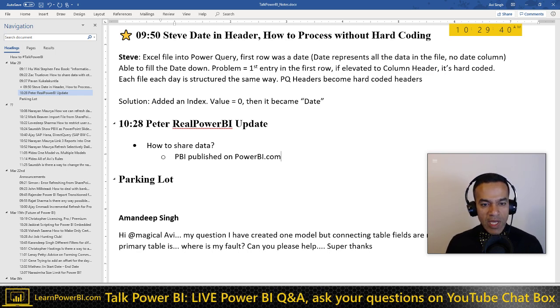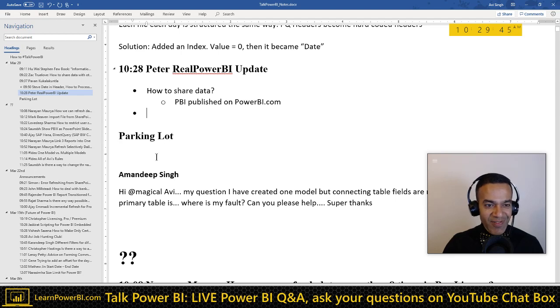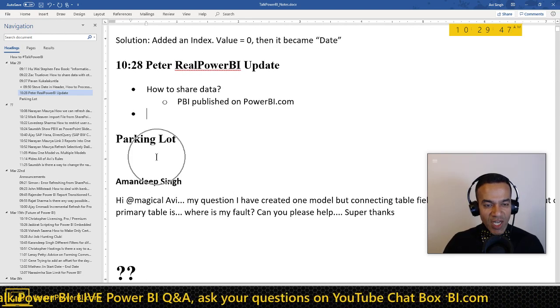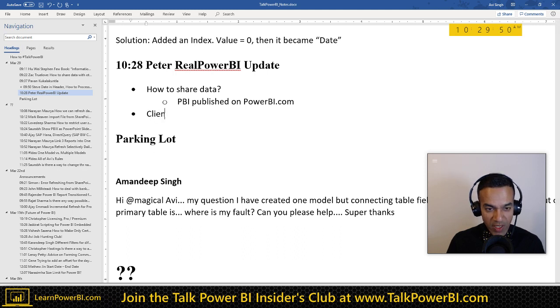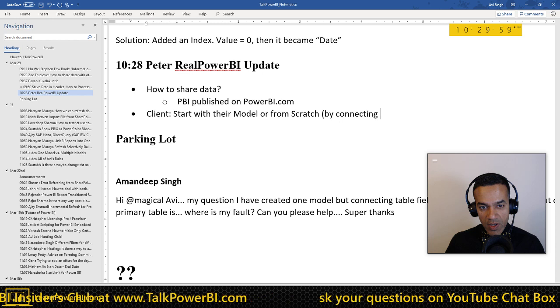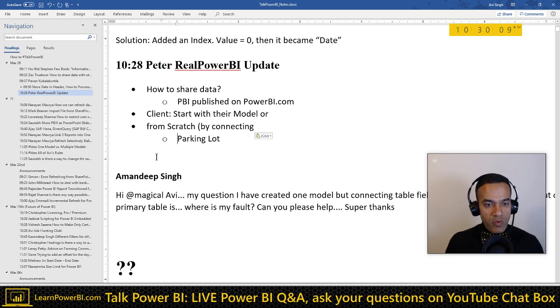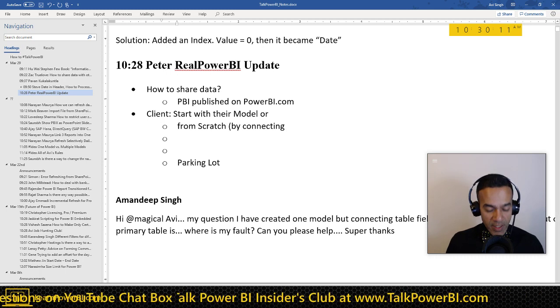I usually don't go that route. Within the consultants that I've worked with and hung out with, the general consensus was this. When working with a client, sometimes we go in there and there's nothing that's been done in Power BI, and we start from scratch by connecting to the data.